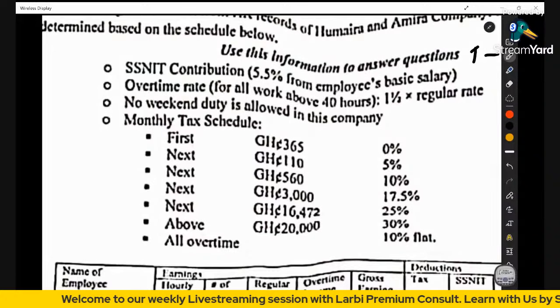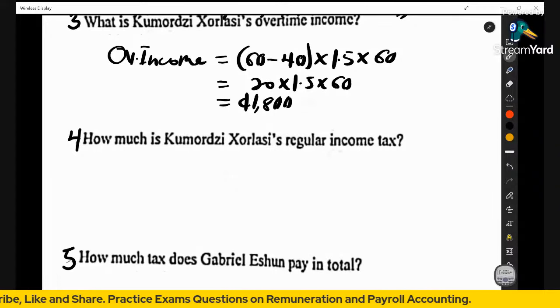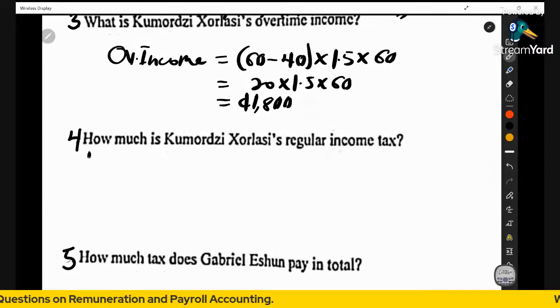So let's take note of that. In this particular case, we need to know the regular income for Zolasi. So we'll say that the regular income or the basic earning for Zolasi